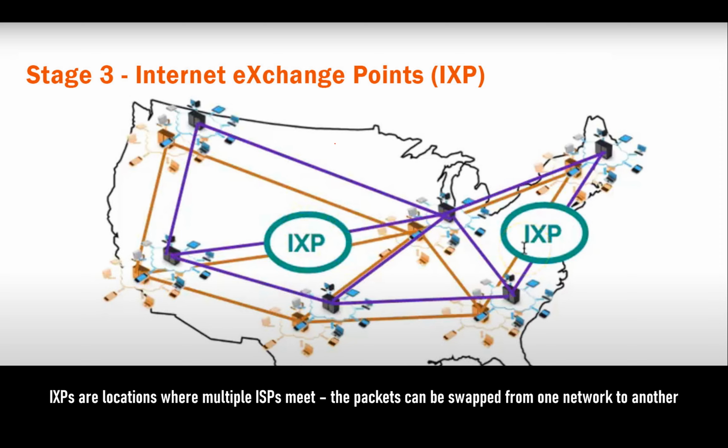So let's say the purple is ISP A, and the orange is ISP B. Let's say someone up here wants to communicate with someone here, and let's say it's on this orange network. Now, what they can do